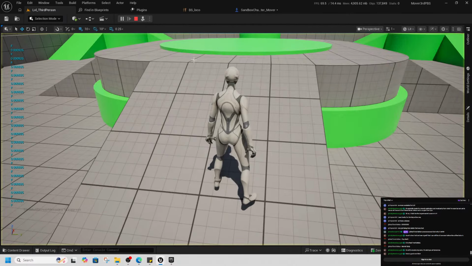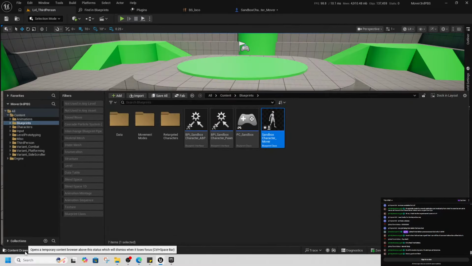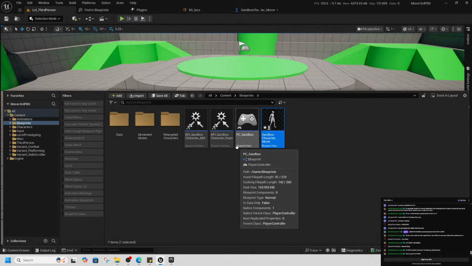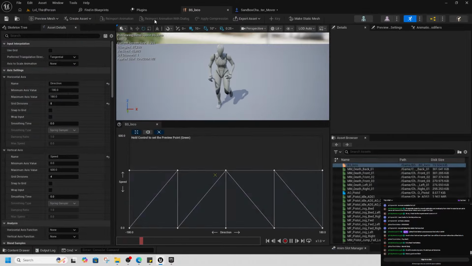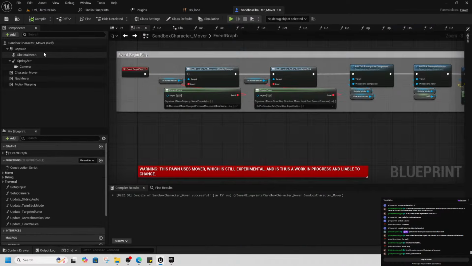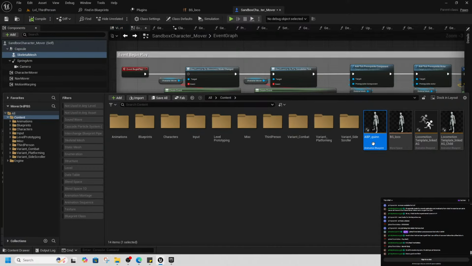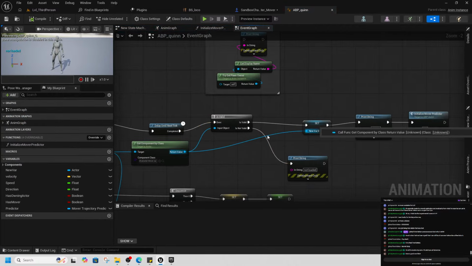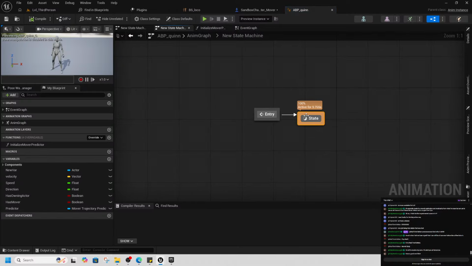So yeah, you don't need to use the chooser table or any of the complicated animation blueprint stuff. We can go back to using simple animation blueprints alongside mover. So this is the blueprint that we've got. It's a mess, obviously. I do stuff quick when I'm doing this. And then a state machine